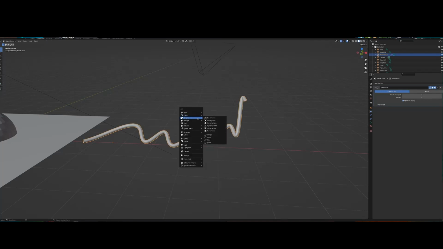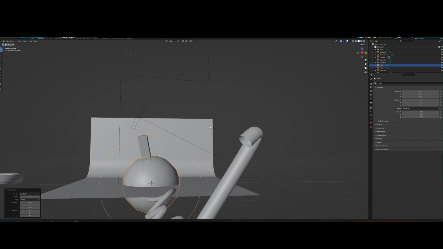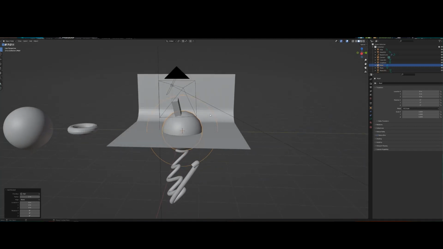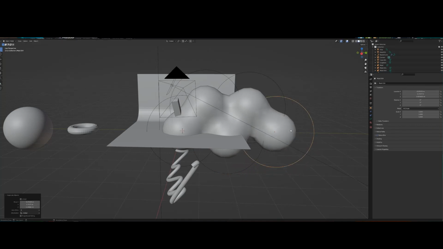What else we got? Surfaces. Never use surfaces. I wouldn't worry about them. Metaballs are pretty cool, but they have a pretty specific use case. You're not going to use metaballs for just general modeling. At least I haven't. You probably could for some things, but for clouds, for example, because you basically have a ball, you click Shift D, which is actually how you duplicate things, and then it makes a ball, and the metaballs interact with each other by filling the space,